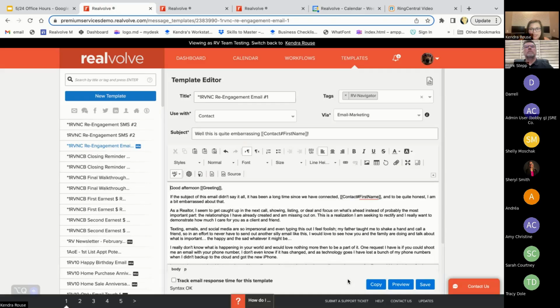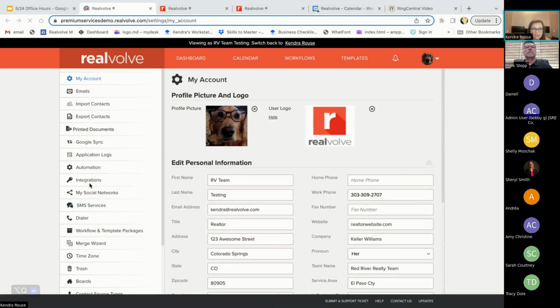But it looks the same. If you do not have your ChatGPT connected, you need to come into your settings, go into integrations, and paste in your